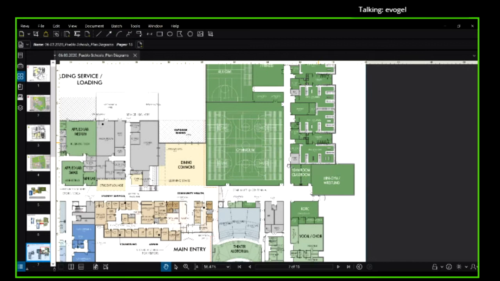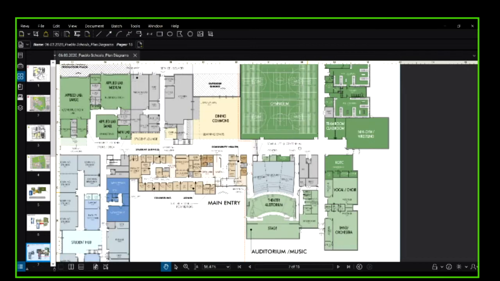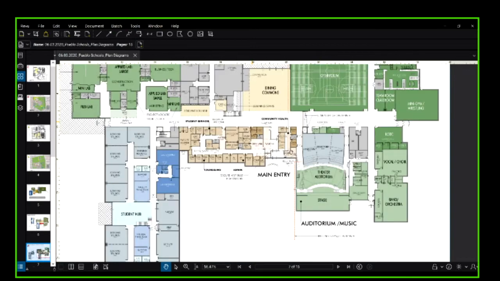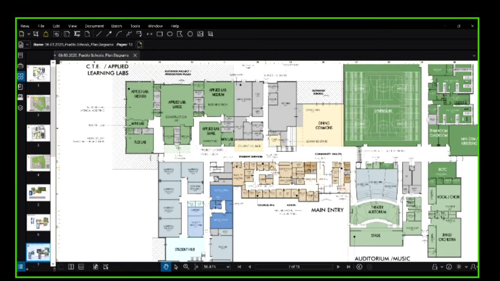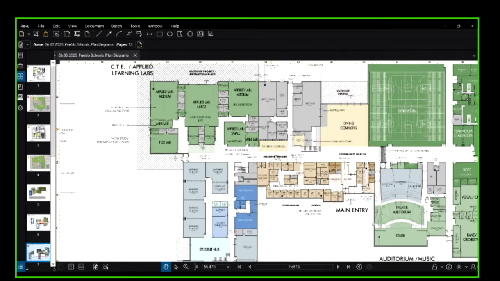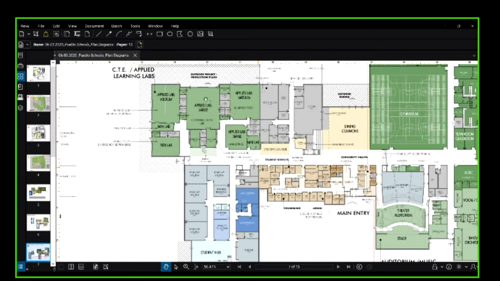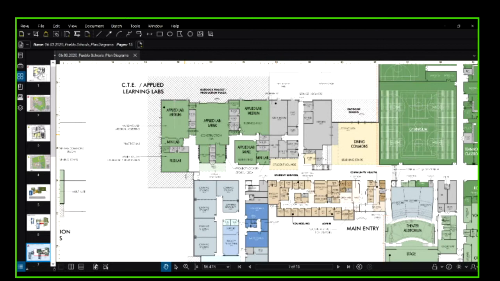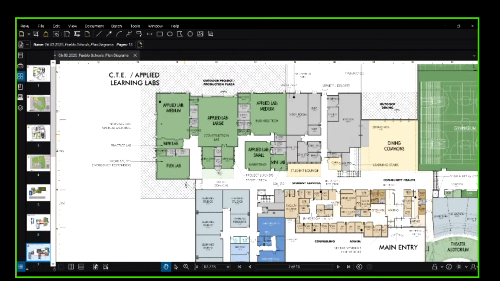If we go the other way, I'll just walk you through the school. On this same main level, we'll pass through the admin area and underneath our stairs. Up above this will be the library and student union, which we'll show you in a second. This will take us to our CTE and our learning labs. A little different than East, but essentially the same arrangement.